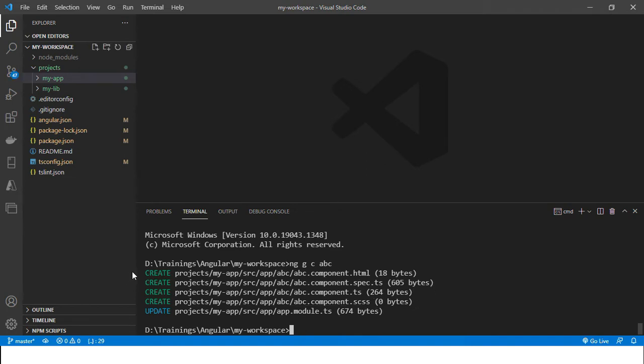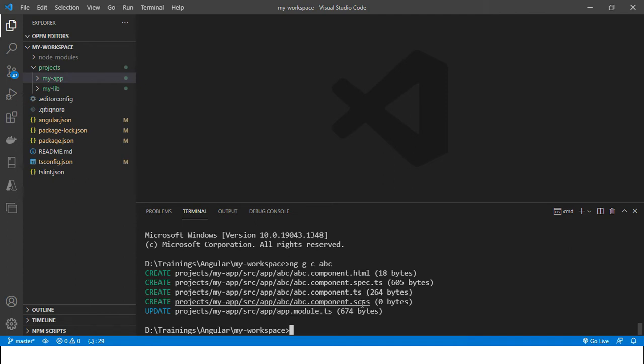The first four files are component related: abc.component.html, the view file; abc.component.spec.ts, the file for unit testing; and abc.component.ts, the file for component logic. Here is the component file, so the logic will be placed inside component.ts.